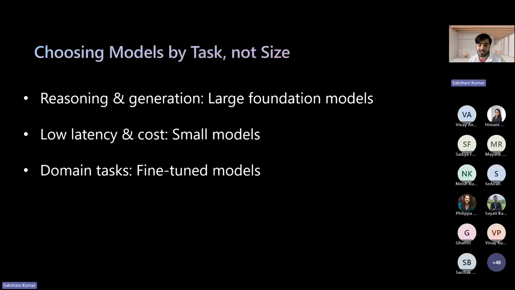Those are the large language models. If you want low latency and low cost, you want it as fast as possible, with just a few billion parameters you have the SLM models, which can also run locally on your smartphones and laptops. We have the GPT mini models, the Phi models, the Llama models.